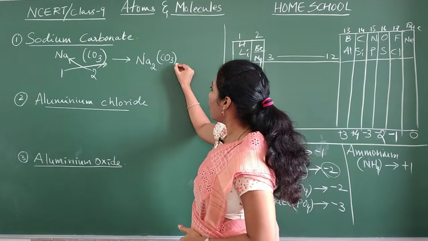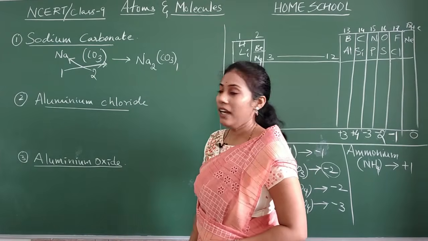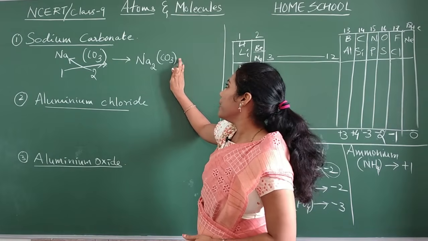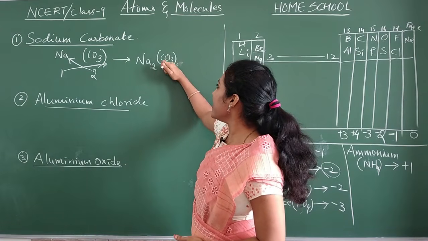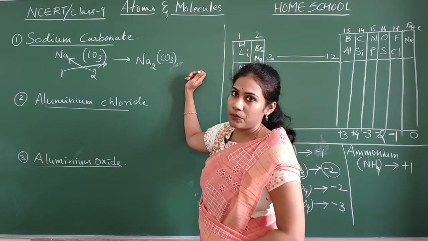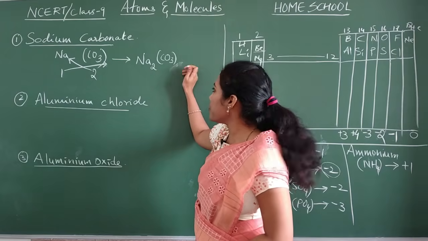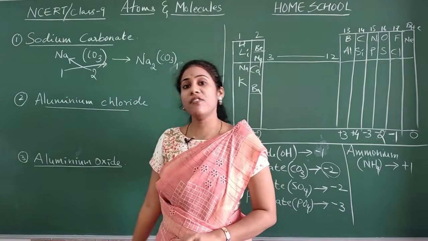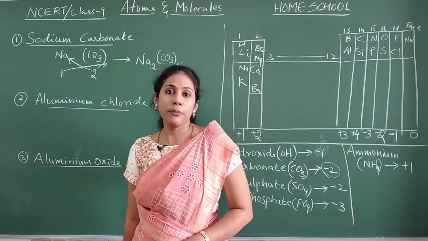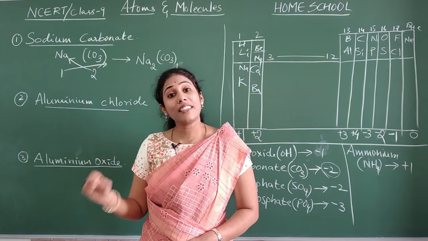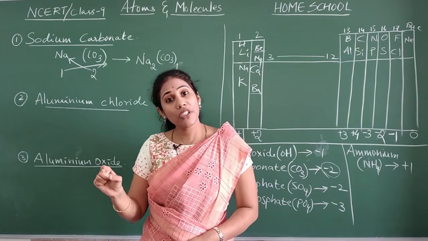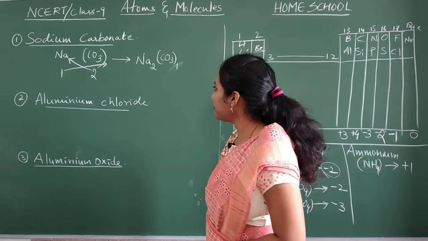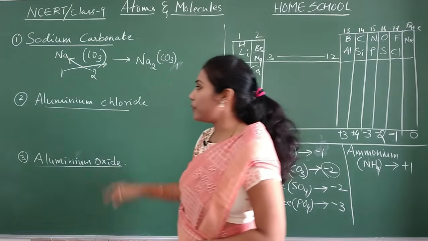1. Okay. 1. Clear? And when 1 is the digit, you no need to mention. If you don't mention also, it is understood that there is 1. In case you are getting confused initially, you can mention 1. It's your wish. Whenever 1 is there, actually you no need to mention it. Because if nothing is there, it is understood that there is 1 there. Okay? Fine. Coming to the next compound.